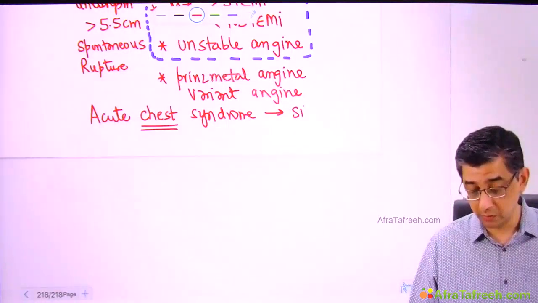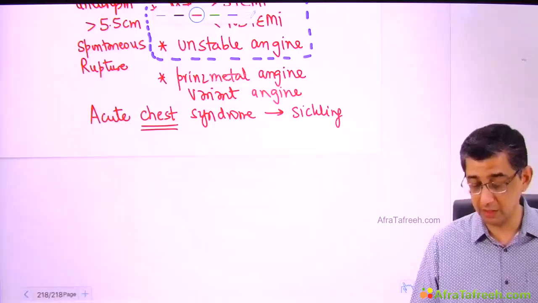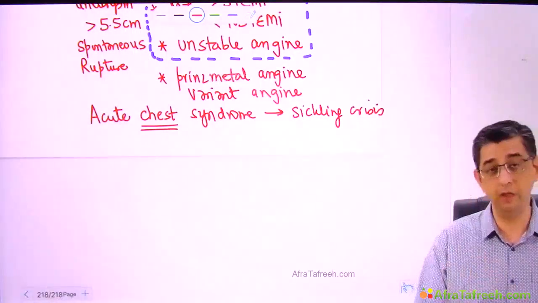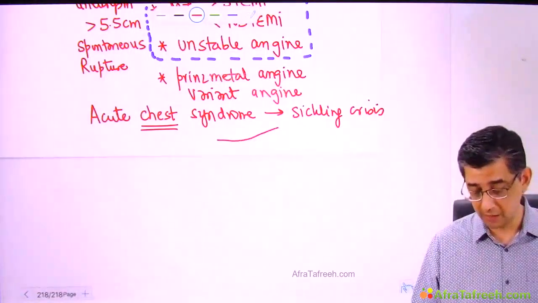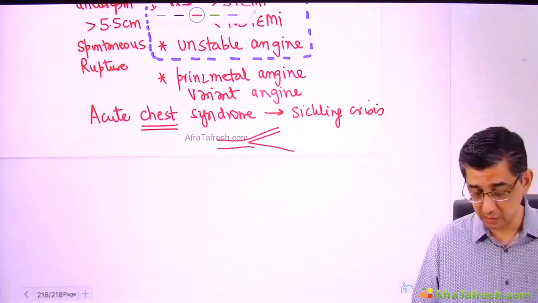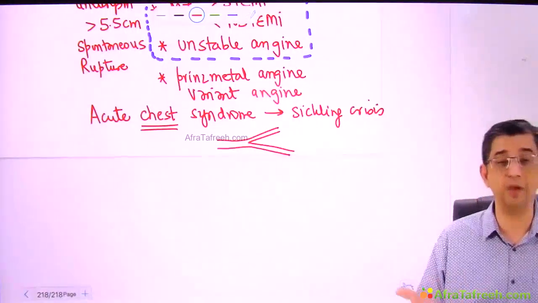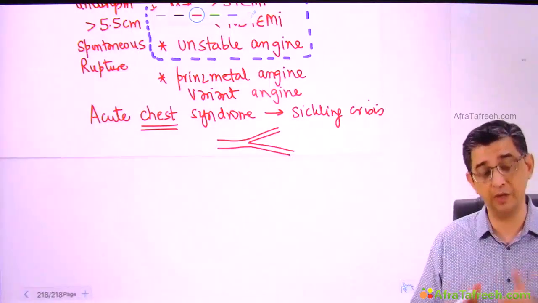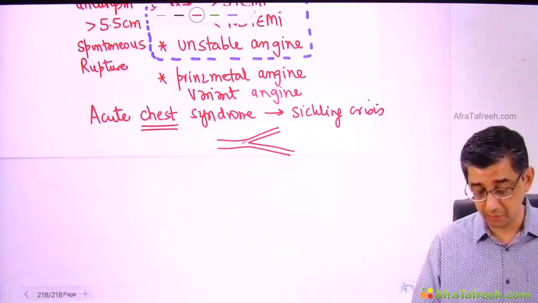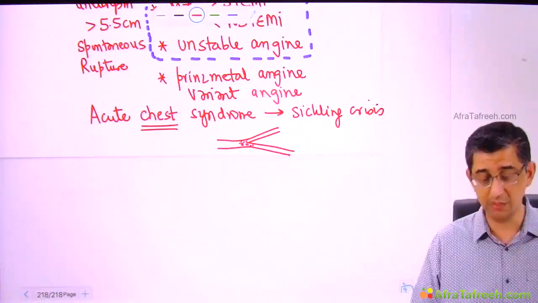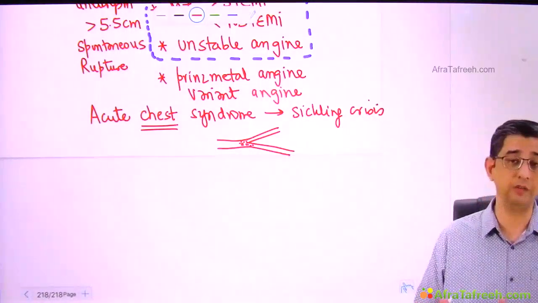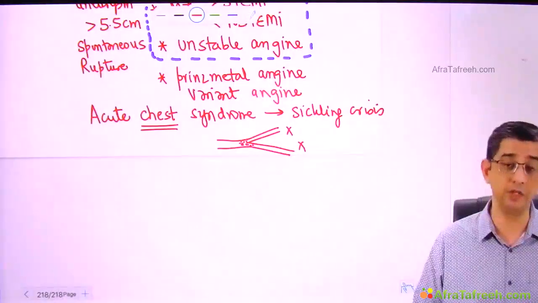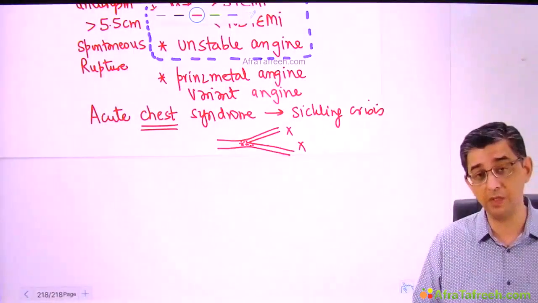Acute chest syndrome is what you read in hematology with sickle cell anemia. You see, the problem in sickle cell anemia is that the RBCs will become relatively more sticky. So, if we take this as one of the small blood vessels in the heart per se, let me say this is a perforator. We have epicardial coronary arteries, then we have the branches. The branches are the perforators. So at the branching point of the perforator, the sticky RBCs might stick to each other and cut off the blood supply to the distal circulation, resulting in myocardial ischemia and development of chest pain and even elevated biomarkers in some cases.